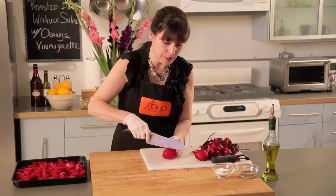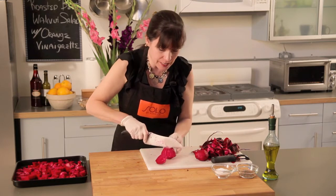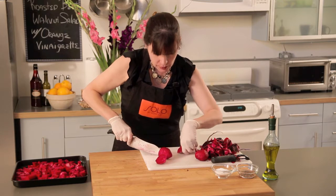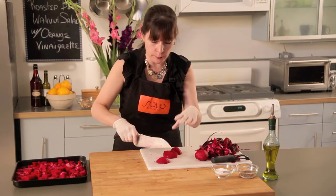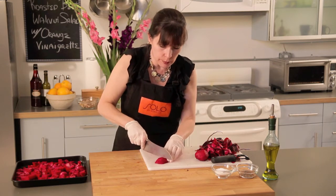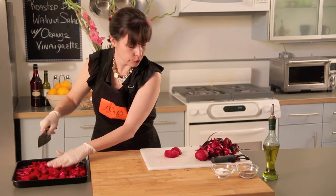This is a beautiful vegetable. You can see when you slice into it that it has these gorgeous striations, almost like burled wood. It's just beautiful. So the best way to do this is to cut it into thirds, get everything flat so it's not rolling around, much safer that way. And then just dice it into about 3/4 of an inch to 1 inch cubes, like that. Throw it into your pan,